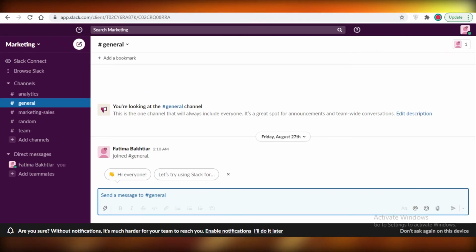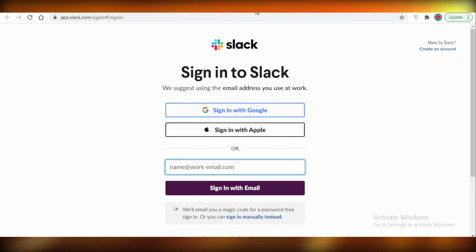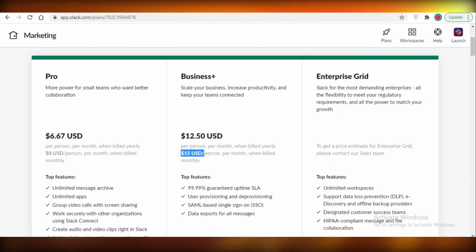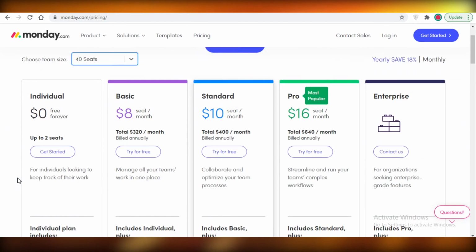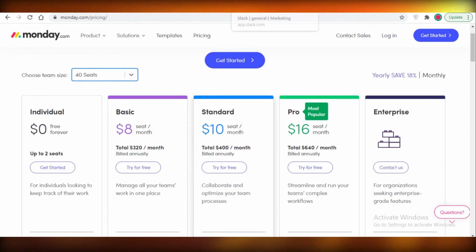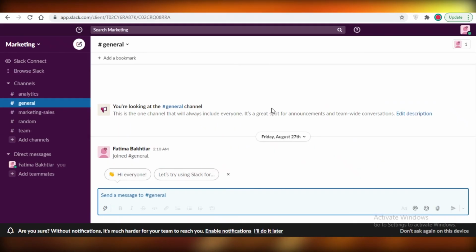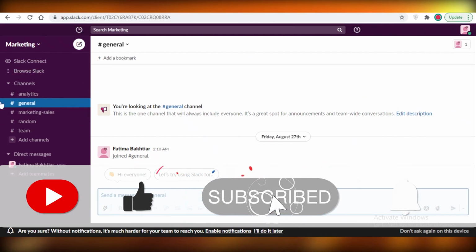I would suggest you opt for Monday.com in any situation. It's very unlikely that Slack will be able to accommodate all the features that Monday.com already has in even their free version. I think even the free version of Monday.com is better than the paid versions on Slack, and that is just how it is because I find Slack to be a lackluster platform that hasn't had any good updates in the recent